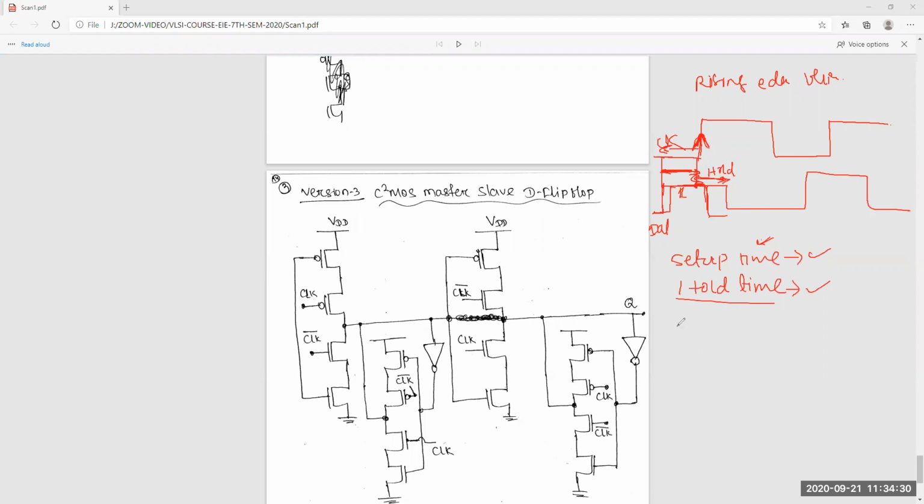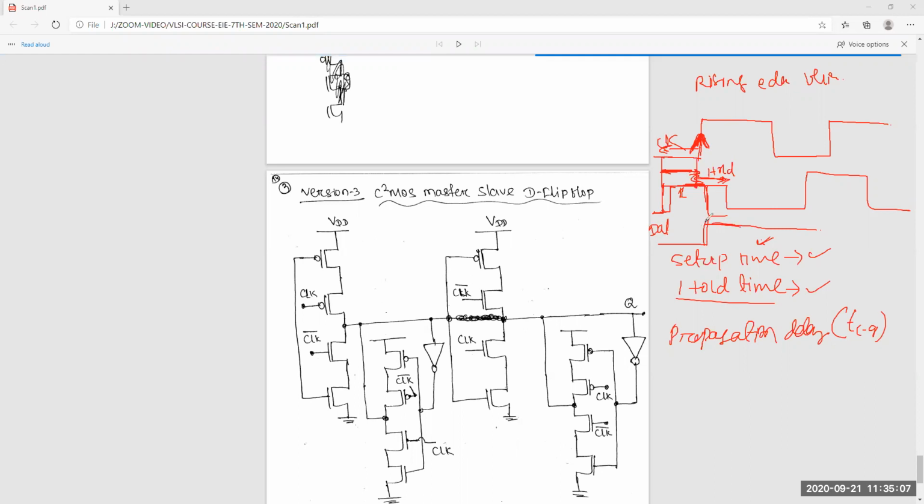And the propagation delay is also called TCQ, clock to Q, because you are giving data and you will get its output, that is Q. Suppose at the rising edge the data is 1, so we will get the output as 1. It's a D flip flop, so whatever data I give, I get at the output.